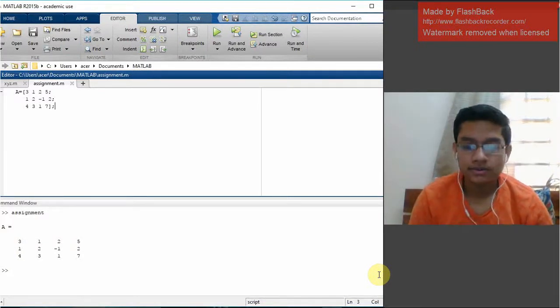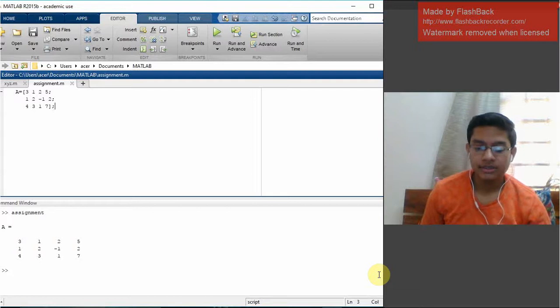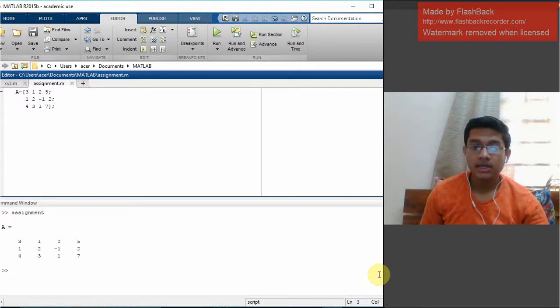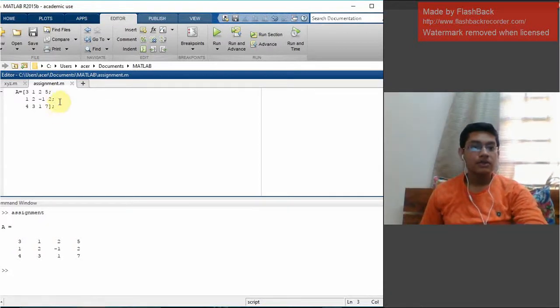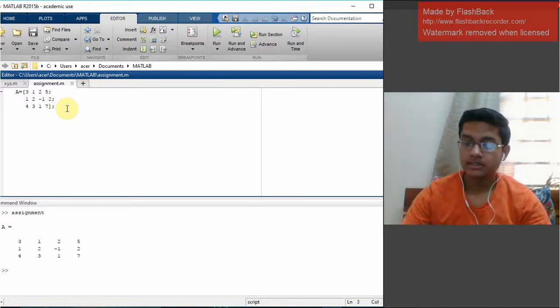So this video is about reducing a matrix to a row reduced form. We get started with a matrix that I've already created in MATLAB. So the next step is